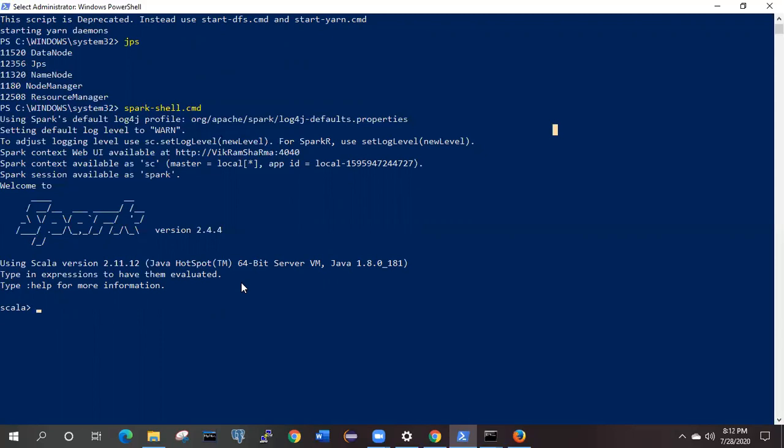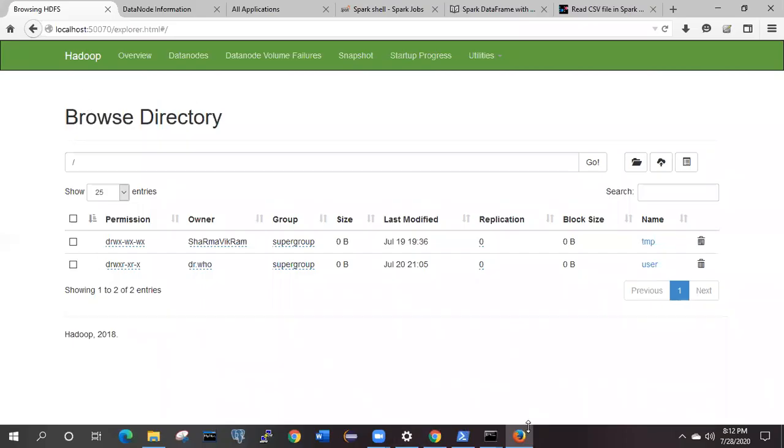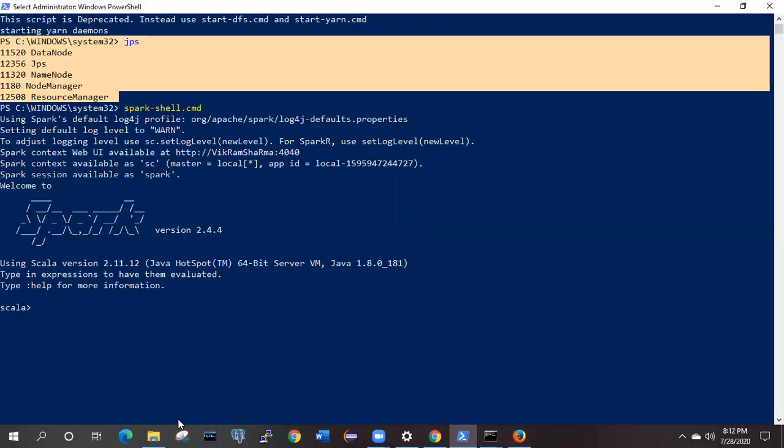So the first example today: I'm going to show how we can read the CSV file into the data frame. Before starting, I need to tell you that first of all you need to start the Hadoop cluster. As you can see, Hadoop is working and I started it fine. Spark is running, and this is the UI for Hadoop. Now, for working with this we need certain data. We require some input data that we can make use of in our file.